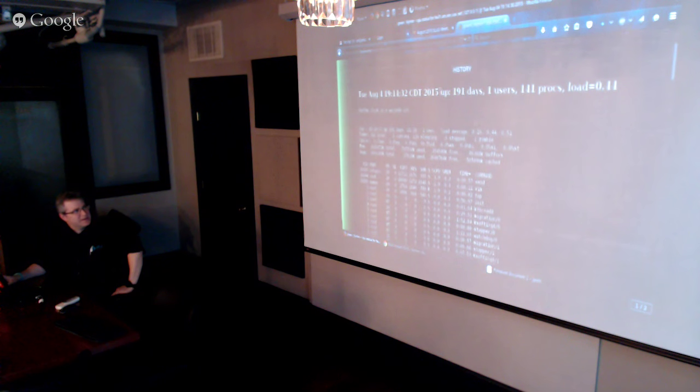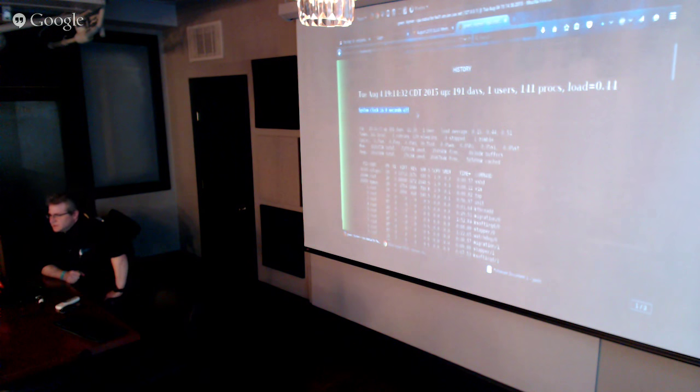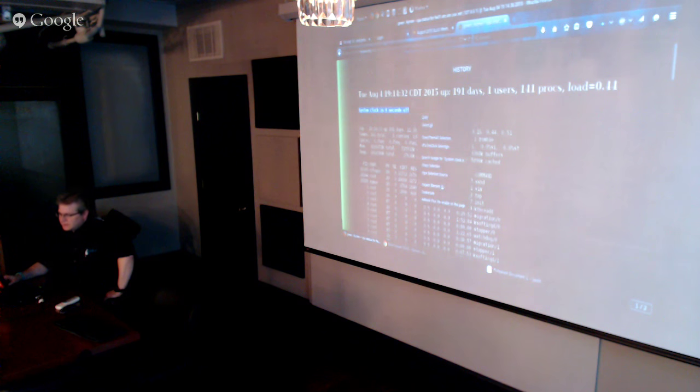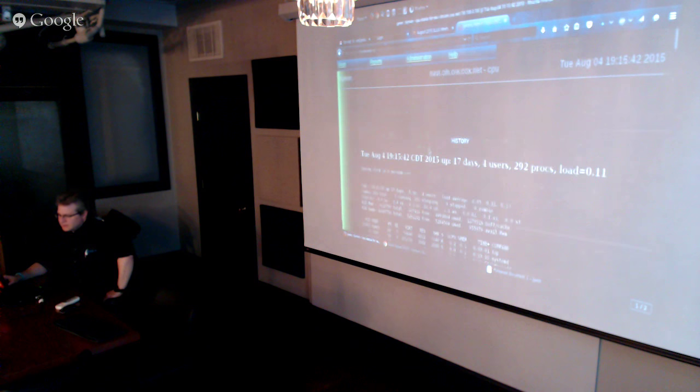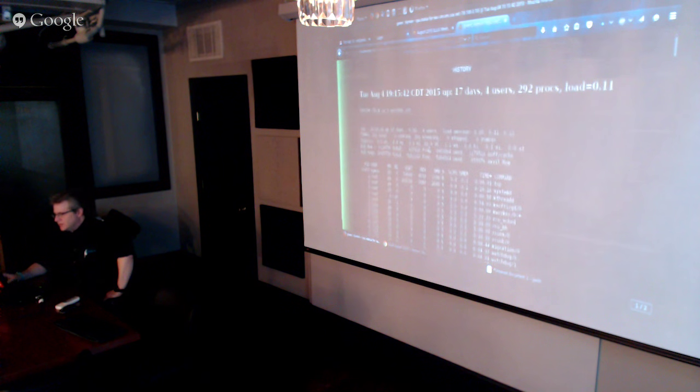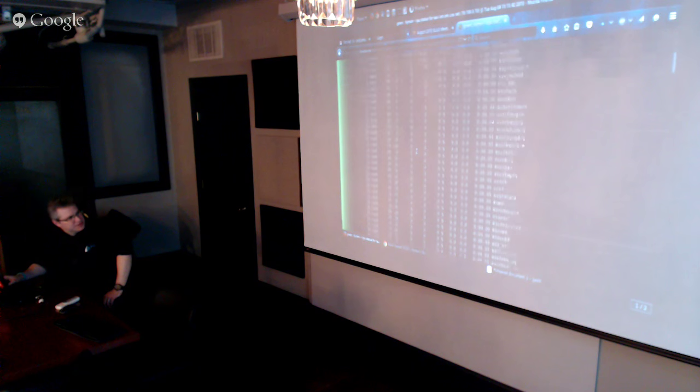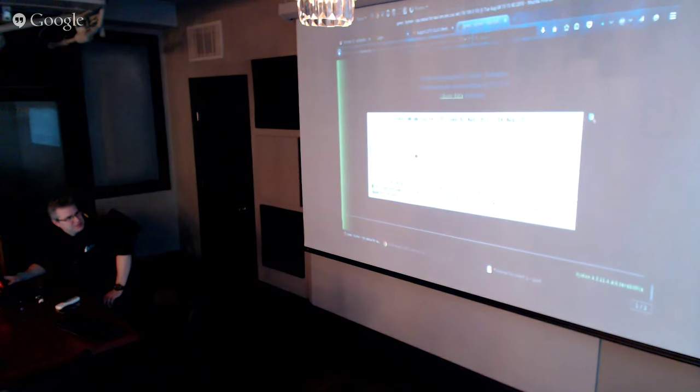Up for 191 days, the clock is 0 seconds off. You will see this on every system under Xymon. Since this is the server, it shouldn't be off from itself. But if the client differs in time from the server, it will note that in the settings. But I use NTP for all my systems anyway. Here's your memory usage, and the processes running on that system. This is just under the CPU tab.